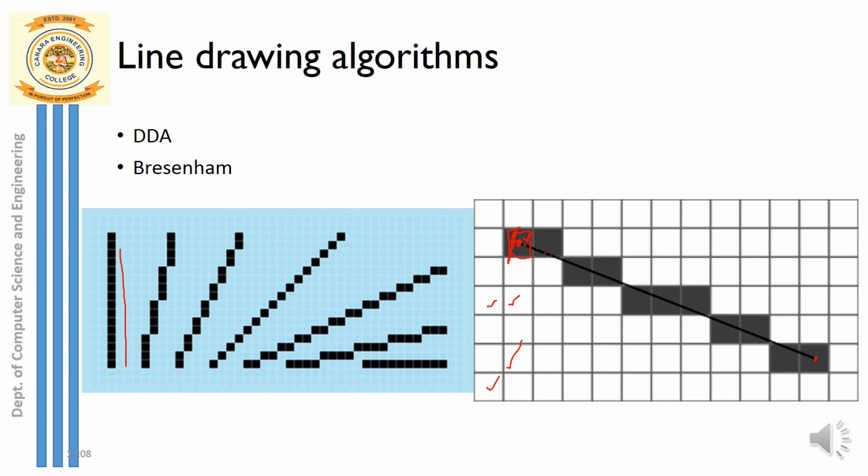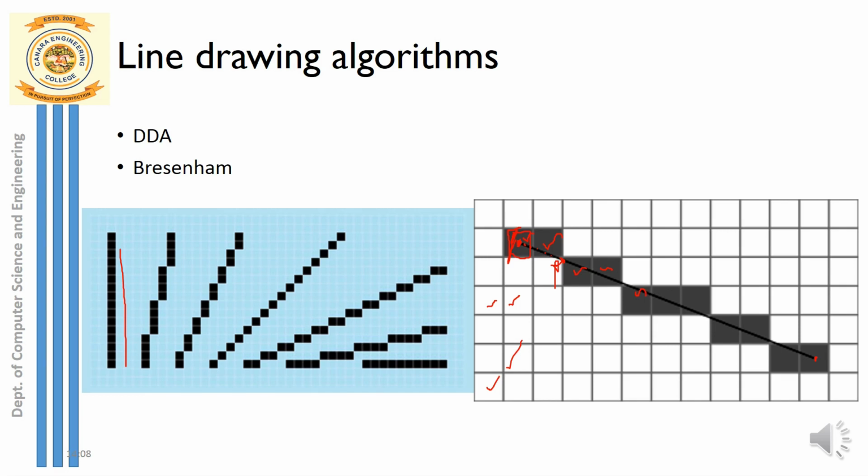Now coming to the next portion of the line. You can see this portion of the line passes through a single pixel, and which is that pixel? It is this pixel, so that has to be selected. Again, coming to the next part of the line, it passes through one pixel and also through one more pixel over here, but only a small portion passes through that pixel, so we will not select it. The major portion of the line passes through the next pixel, so let's select this pixel. Same thing applies over here also. Again, coming to the next portion, 3 pixels are selected continuously because most of the line passes through these.